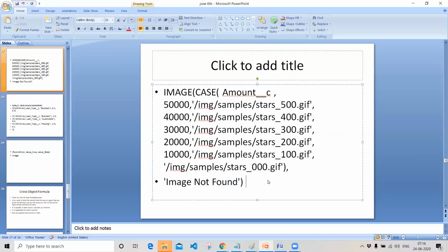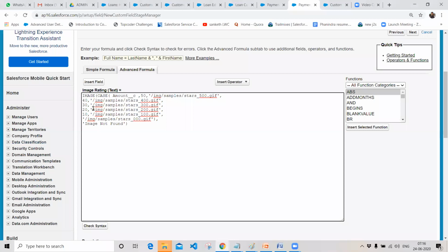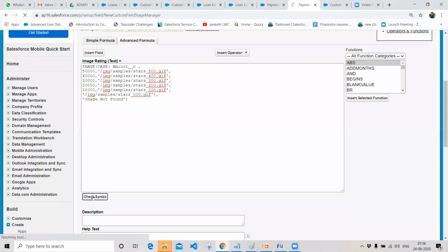And this is the expression we have written. Underscore underscore c. Check the syntax next.